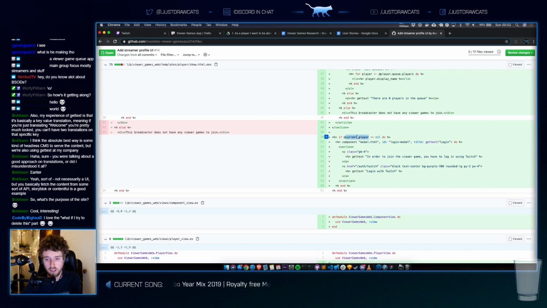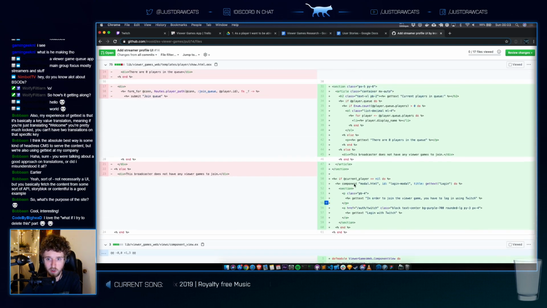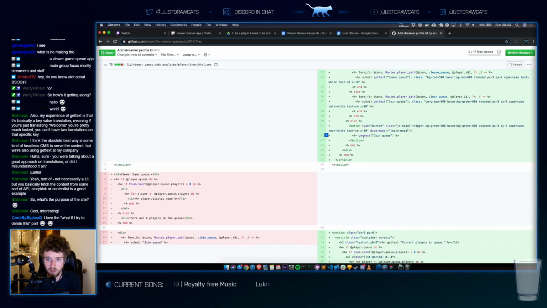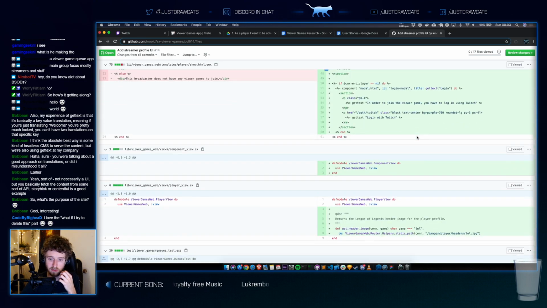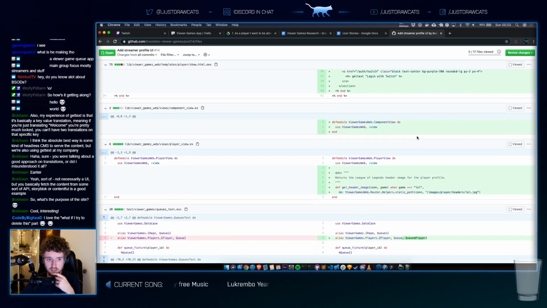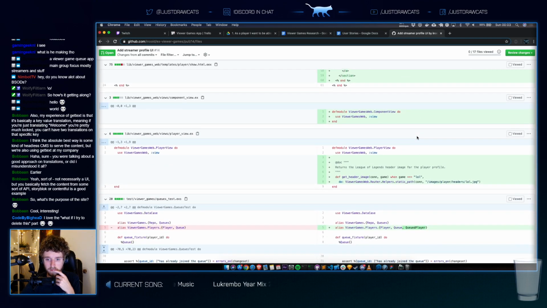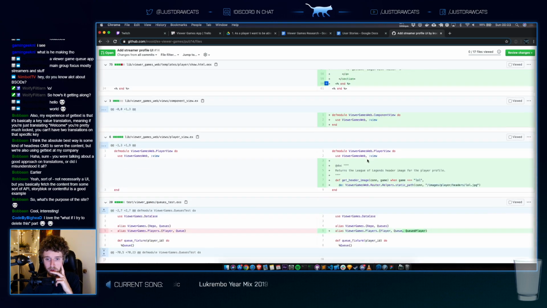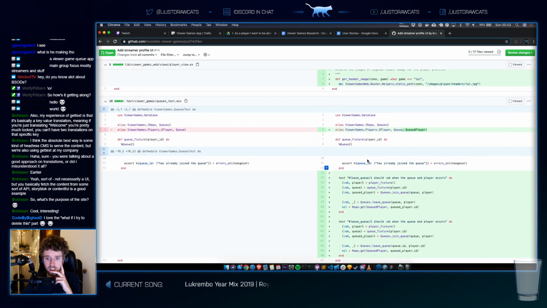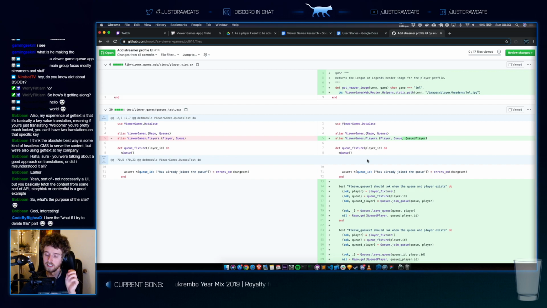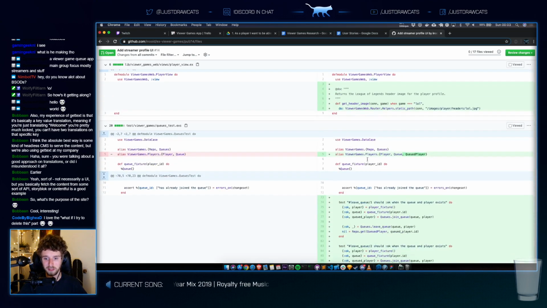If there's no current player, we'll render a modal that gets potentially opened if he clicks on join the queue. We really need to refactor the modal part. I'm not super happy in how it's implemented, but it works.